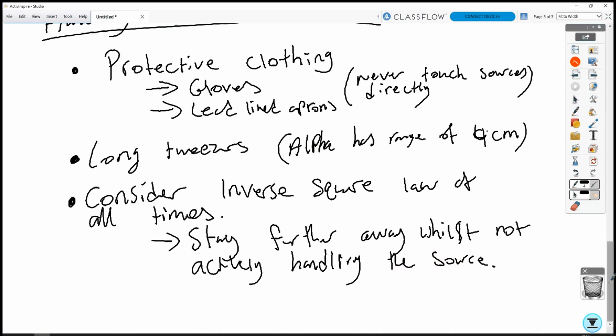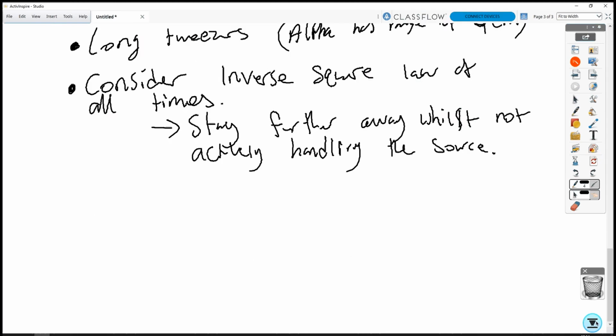Okay, so when we consider the inverse square law while we're handling radioactive materials, you make sure that if you're not handling the materials directly or actively, you take your measurements, take a step back so that the distance you put between yourselves and the source will decrease the amount of exposure that you get. Okay? So,